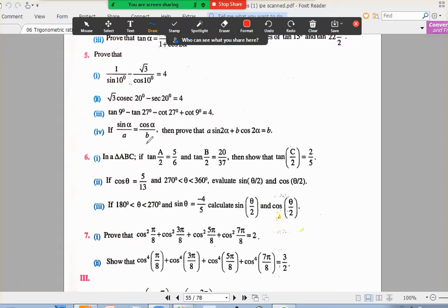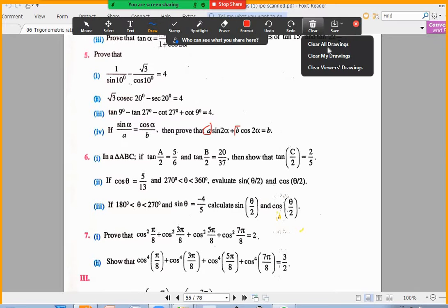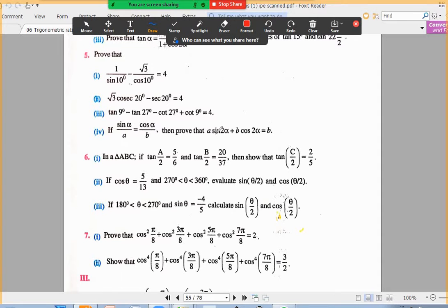Sir, we should take a as b into sin alpha by cos alpha, like that it will come. We discussed 2 or 3 or 4 methods in the class. One is somebody can substitute b in the place of a, that is b sin alpha equals a cos alpha, so b is equal to a cos alpha by sin alpha. Or somebody can write tan alpha is a by b, and from tan alpha you can find sin 2 alpha separately, cos 2 alpha separately and substitute it. Or from tan alpha you can find sin alpha, cos alpha, then find sin 2 alpha, cos 2 alpha, and substitute it. Not a problem.